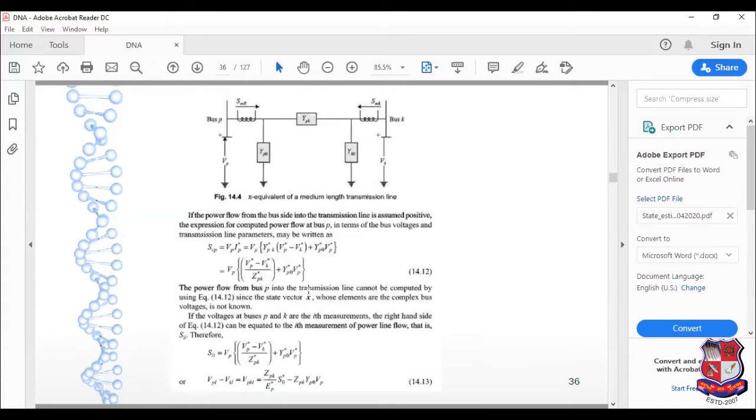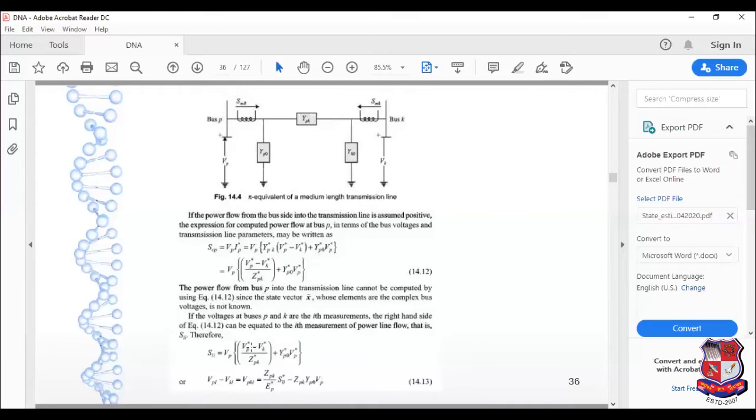Now from this, we want to identify the value for this line power. For this line power, I can substitute this formation as it is, as well as this. Line power will be based on the difference between Vp and Vk. If the voltage over here and voltage over here change, the reactive power flow will change accordingly, and based on the delta angle, active power will change. So the apparent power flowing through this line is indicated by this difference.